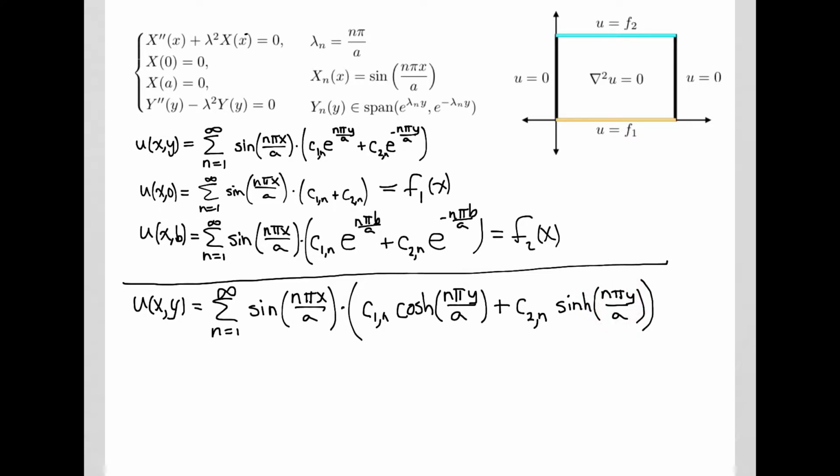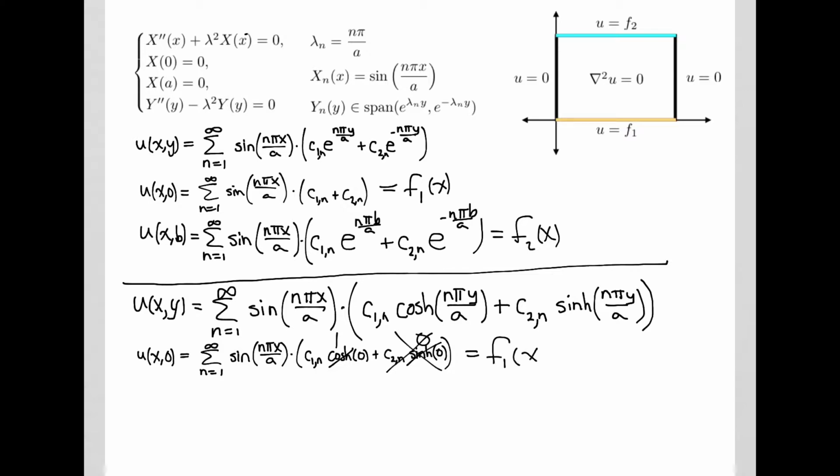And if I evaluate this at 0, the cosh has a value of 1, and the sinh has a value of 0. So the second term doesn't even appear, and I've got a single coefficient, c1n times the sine, and so this is just a simple Fourier expansion. I can match my boundary function f1, which has a Fourier expansion, and my coefficient is the ordinary Fourier coefficient